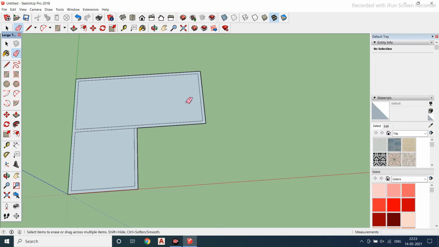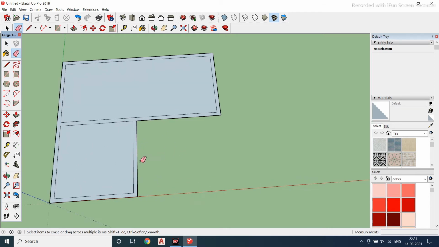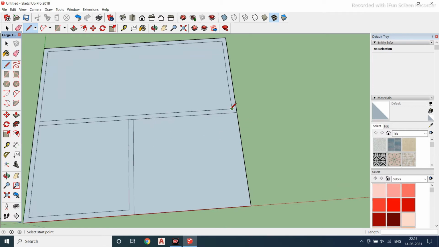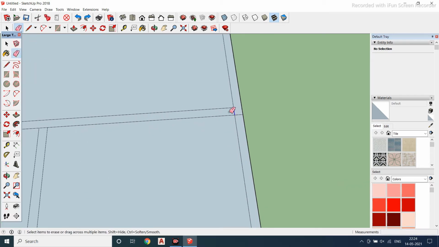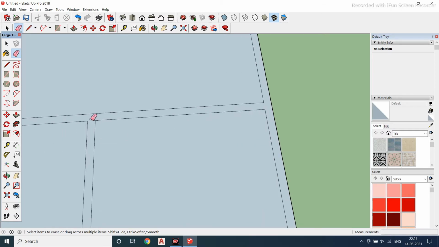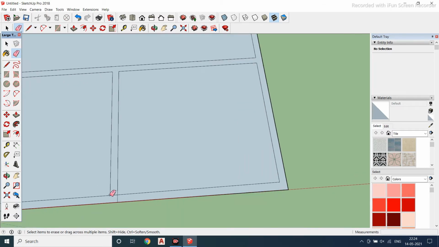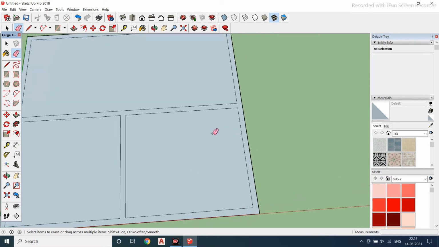Now this is my living room, this I'll be using as kitchen, this as dining, here the toilet, and this is my bedroom. Okay, just a simple plan will be created without any Vastu, just to learn how to use the draw tools. So in the next session we'll go with the plan.